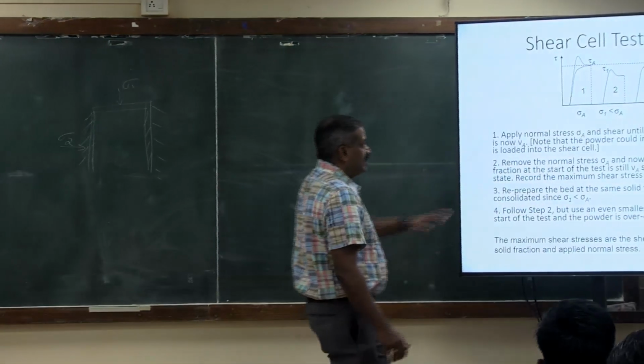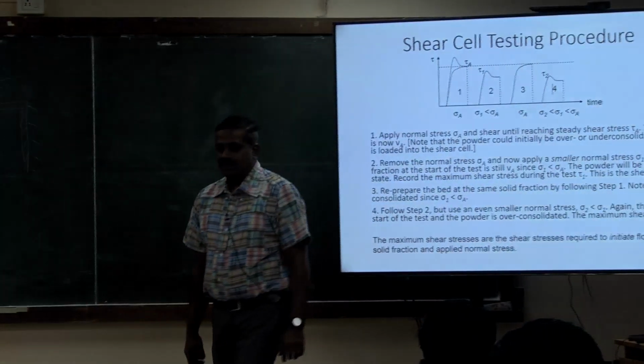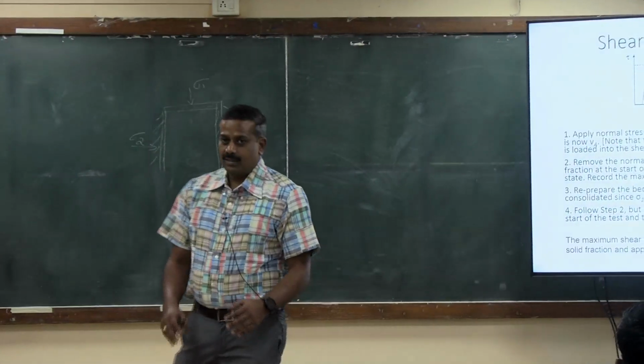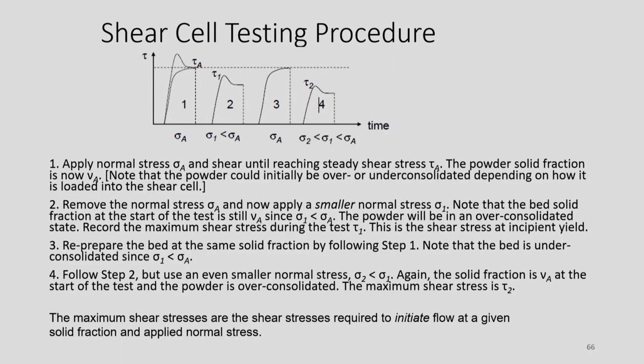So how do we test this? The testing procedure is very similar to the compaction process, but in the compaction process we have to change the powder, or compact and redo it a lot of times. Here also we will have to change the powder, but what we do is apply a normal stress. You can see that it's an over consolidated powder, and this is an under consolidated powder, and it reaches a critical state, and at one point it starts moving. That's usually the pre-consolidation,